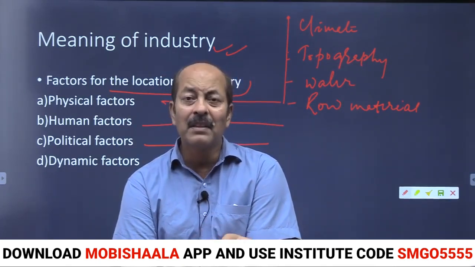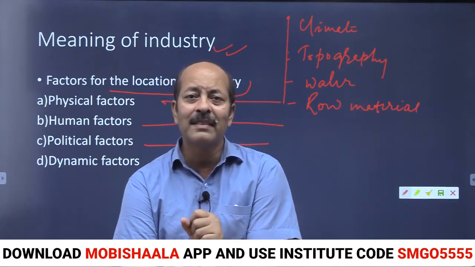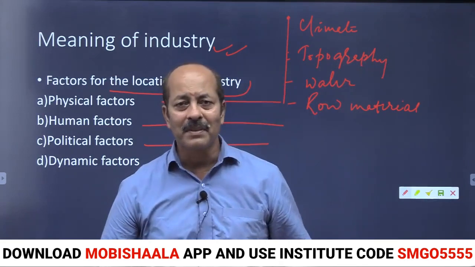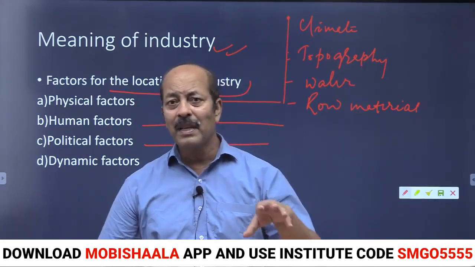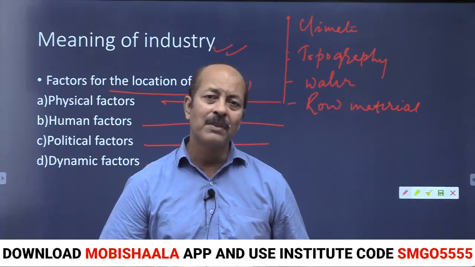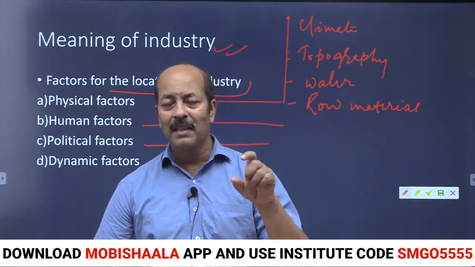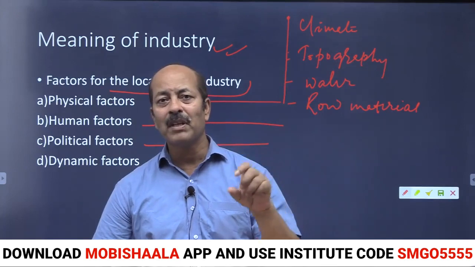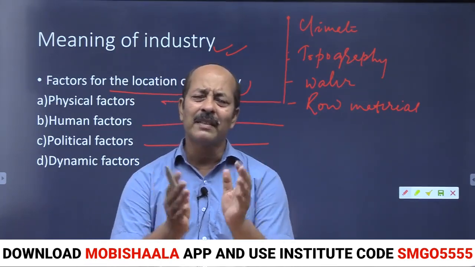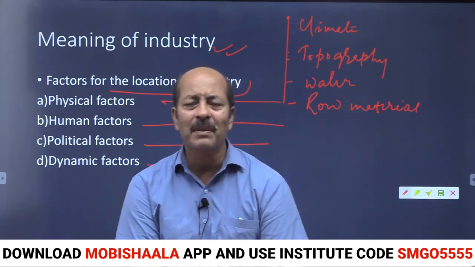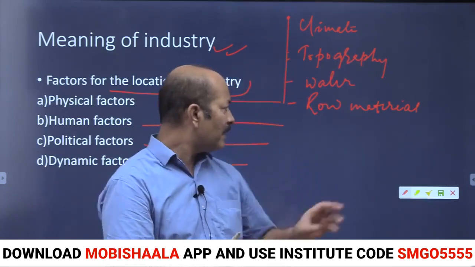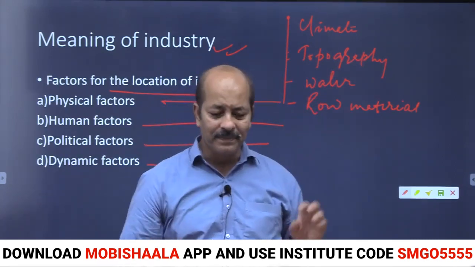You will find a large number of heavy industries located on the Chota Nagpur plateau. It is due to available raw material that industries are located on the Chota Nagpur plateau, whether we talk about steel industries, Tisco, Bokaro, Durgapur, Rourkela, Bhilai, all are located due to a huge amount of raw material on the plateau of India. So you mention here raw material.